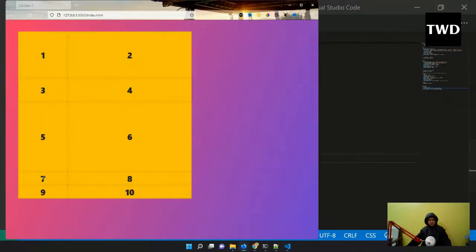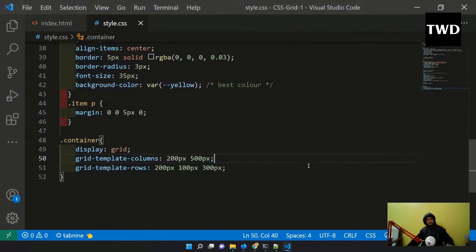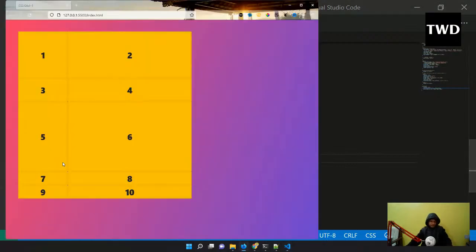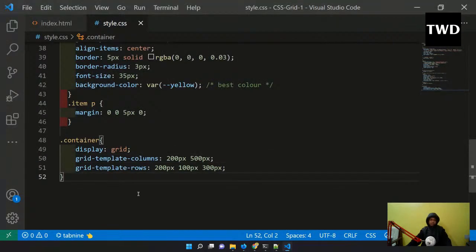So two more rows are there. Because we only gave three rows. If we had given five rows, it would have adjusted here, but we had given only three rows, so two of them are extra. These two are extra. We are going to learn more about these extra things, how to fix them, or we can have something else also there. Okay, so that is there. So now what we are going to do,